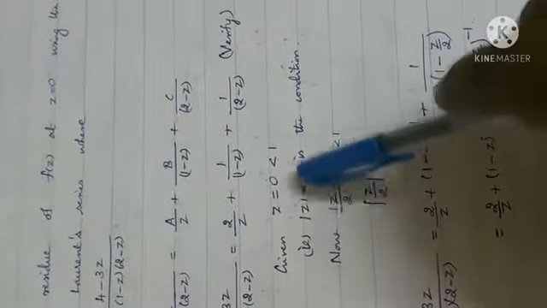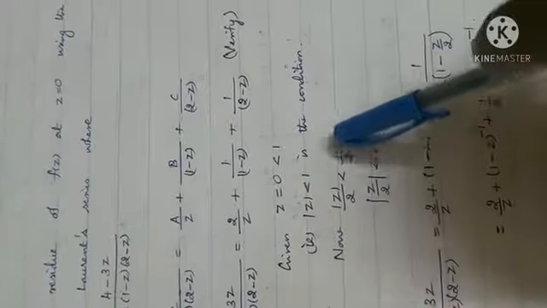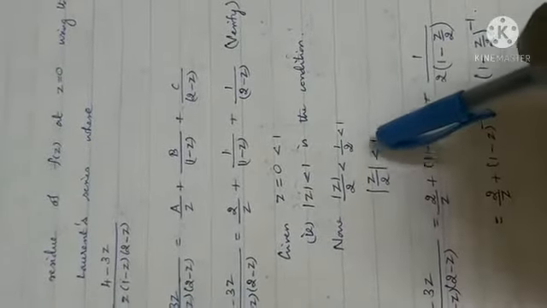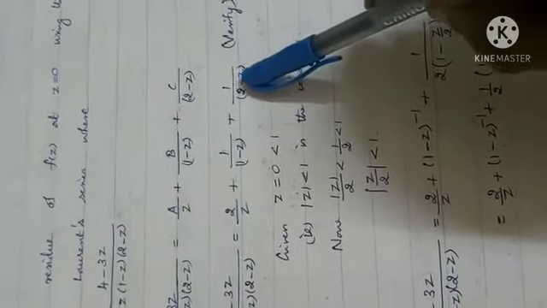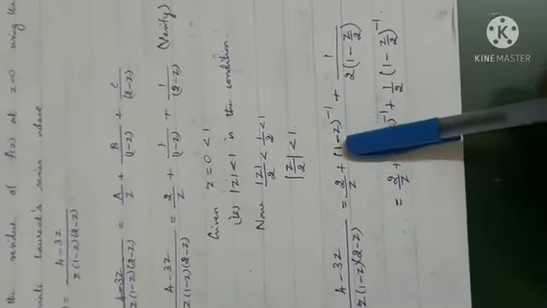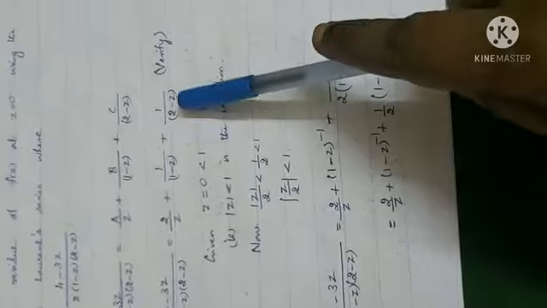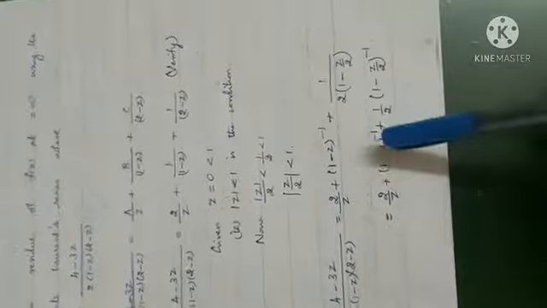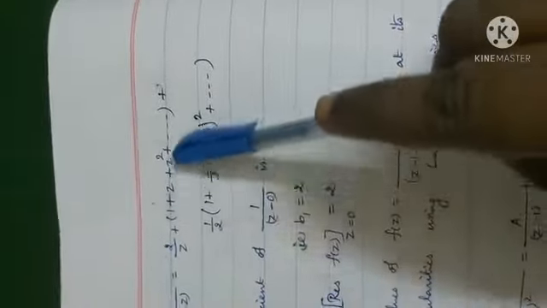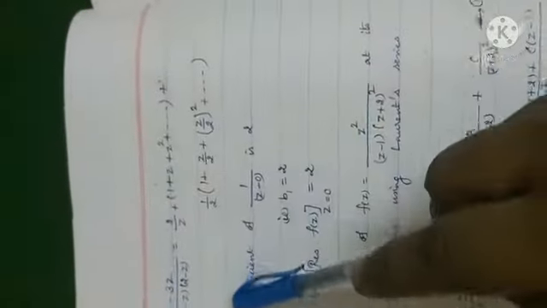Let us divide both sides by 2. Mod z by 2 is less than 1 by 2, which is less than 1. Hence modulus of z by 2 is less than 1, so it is ready to use binomial expansion now. Since modulus of z by 2 is less than 1, take 2 outside. This term is ready to expand, so no simplification. Here you have to take 2 outside, keep 1 by 2, take this term to the numerator. Now use binomial expansion, which is 2 by z, 1 plus z square, this one. Binomial expansion. So up to this it is known, right?